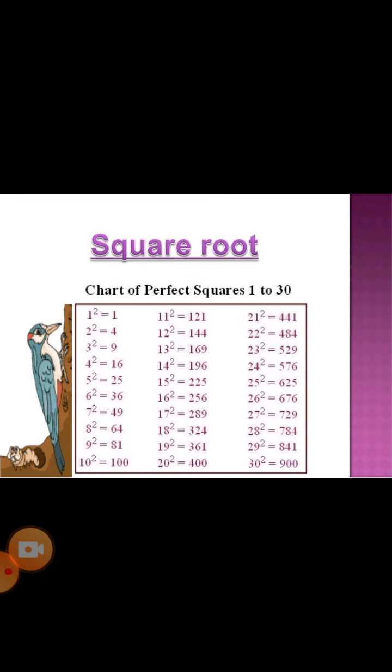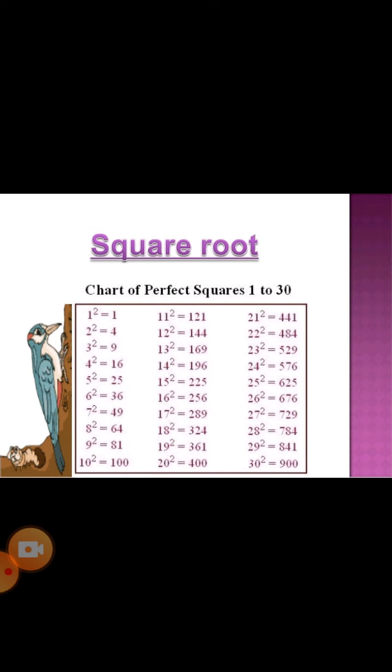Since all the sides of a square are equal, we can find the area of a square even if we know just the length of one side of the square. That is, the area can be found by multiplying the side by itself. Just like that, the square of a number is equal to the product of the number when it is multiplied by itself. When you multiply a number by itself, you get the square of that number.